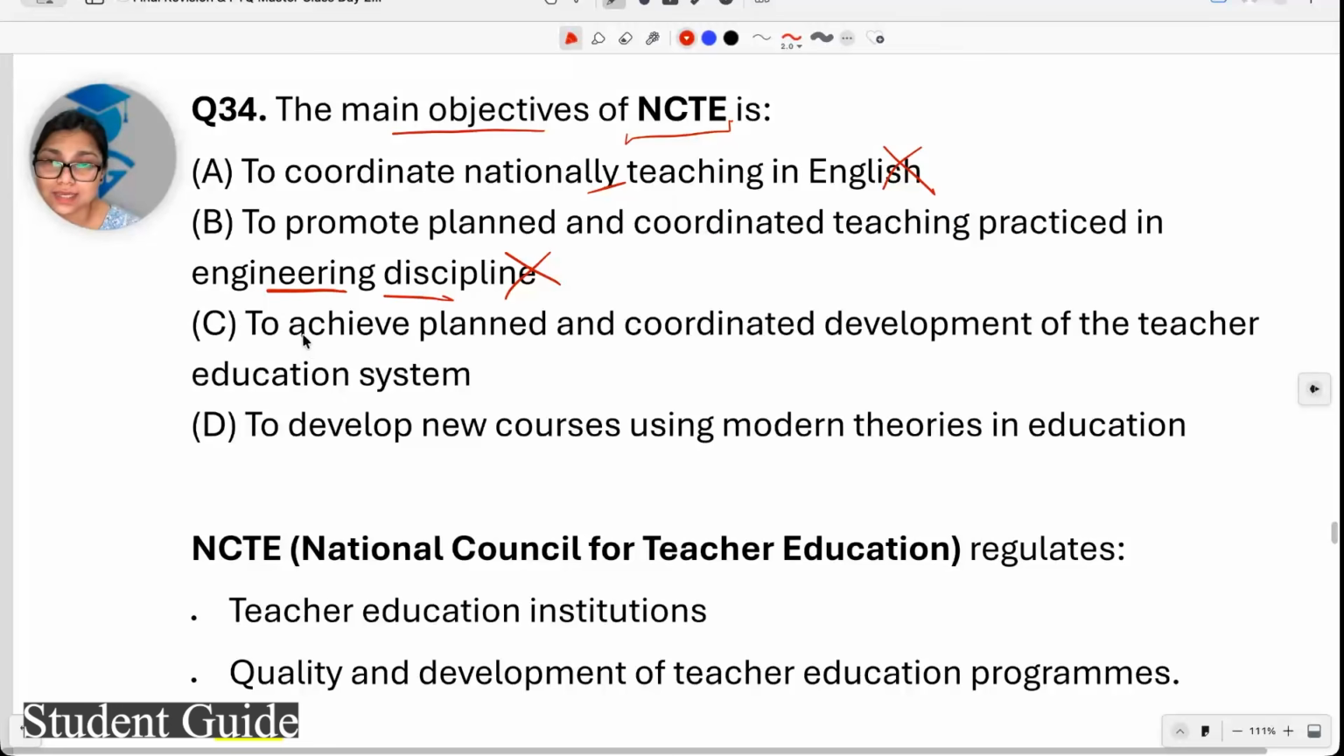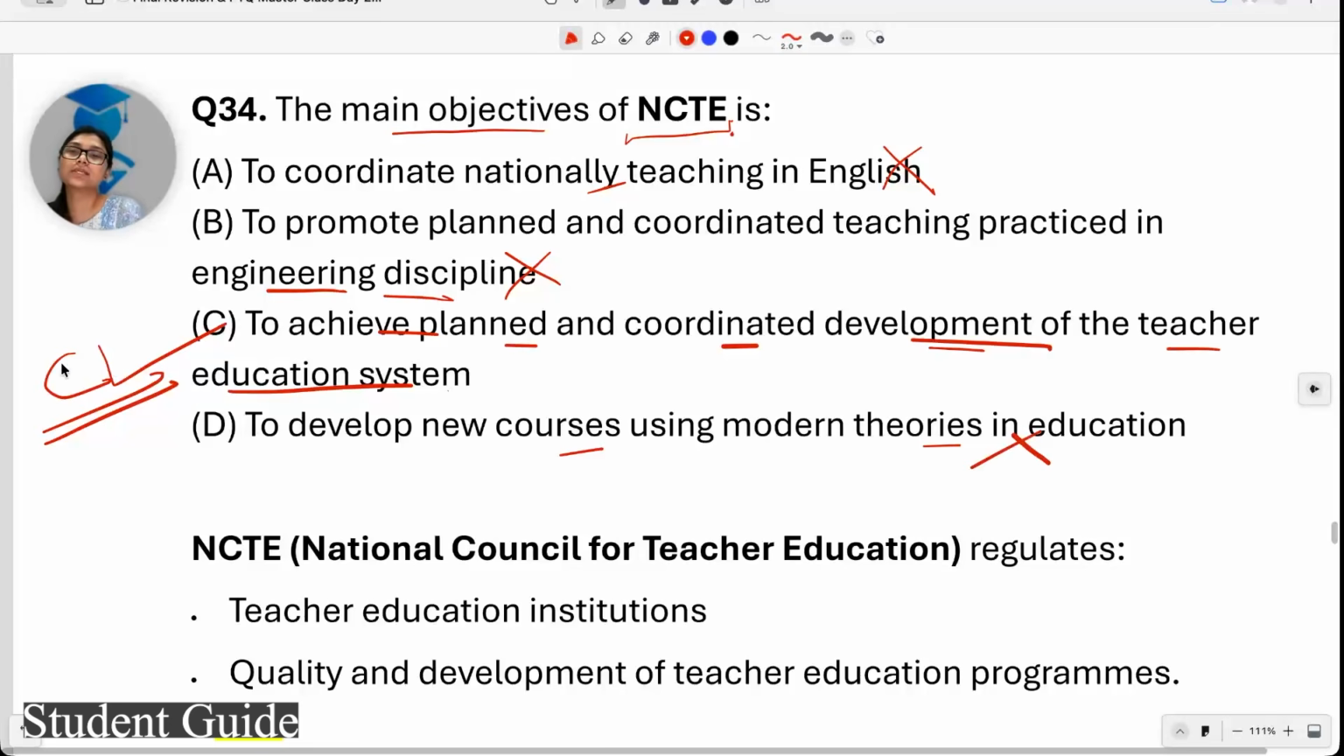Option C is saying to achieve planned and coordinated development of the teacher education system. Yes. See, NCTE is the National Council for Teacher Education, and it is saying to achieve planned and coordinated development of the teacher education system. So it is the most promising answer. This is the correct one and covers everything. Still, we definitely look at the next option, which is saying to develop new courses using modern theories in education. No. Option C is the correct answer for this question, and you need to know that NCTE regulates